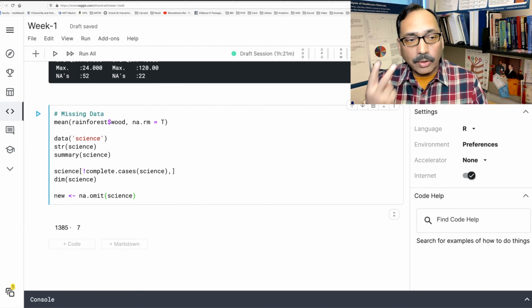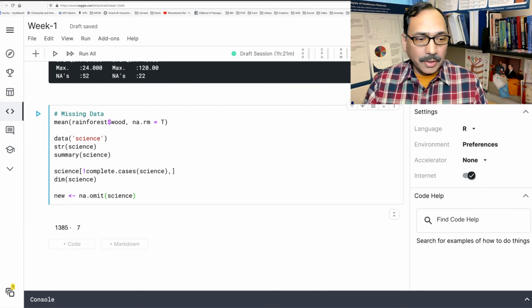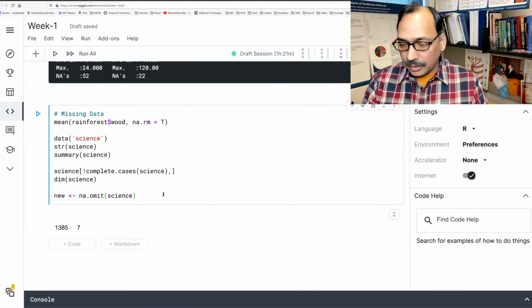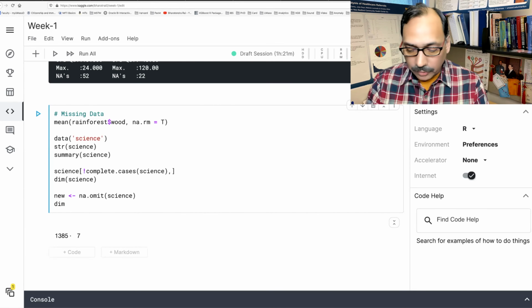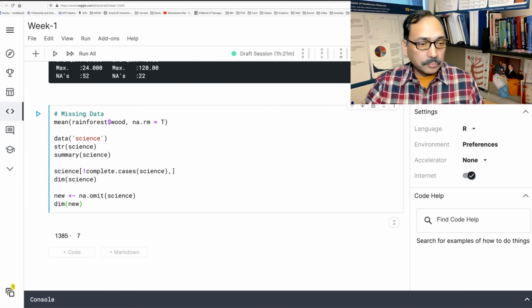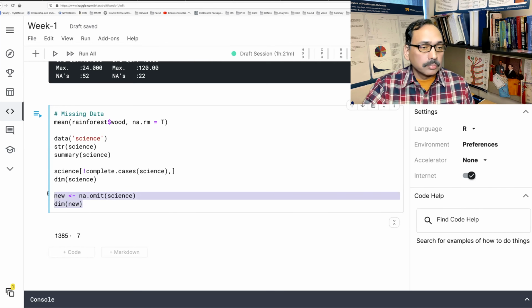And we know that there are only 2 cases. Then you look at the dimension of this new data. Let me also include this so that we see before and after.